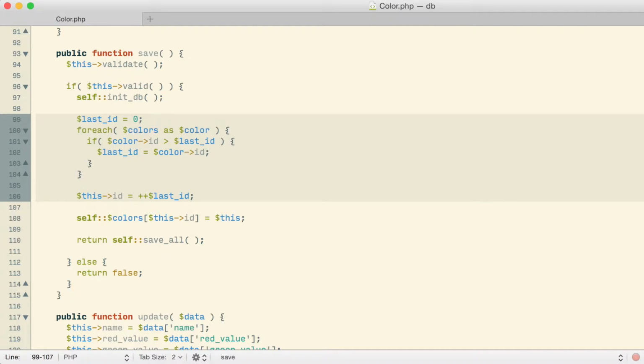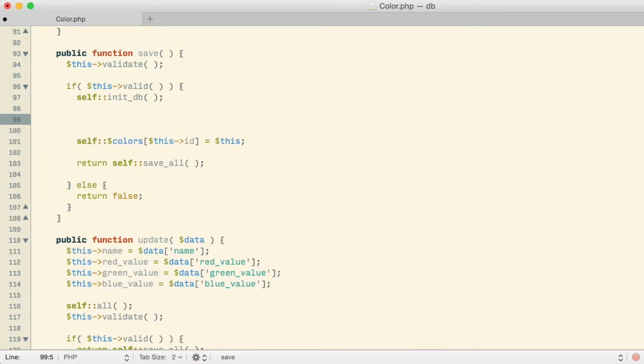We don't really need that anymore since the database takes care of setting up our ID for us. Instead, what I'm going to want to do there is put together a SQL statement to actually take the data that's in my color object and to then store that data into the database. So from my static database connection, I'm again going to prepare a statement. I'm using prepare again because there's going to be data that I'm going to want to substitute into the statement itself. I'm going to say insert into colors, and then like we were doing before, there's going to be a list of field names and there's going to be a list of actual values.